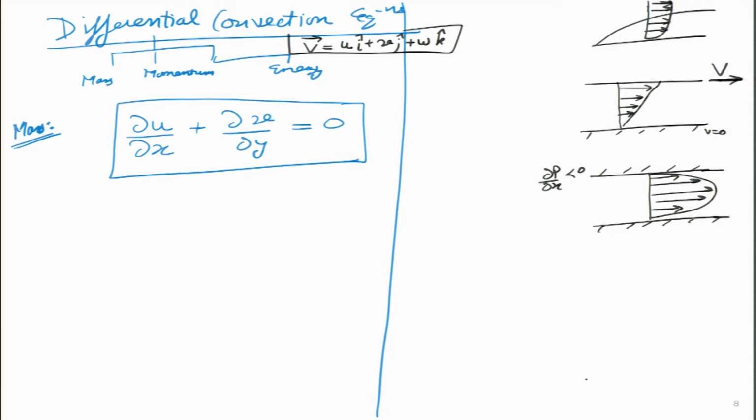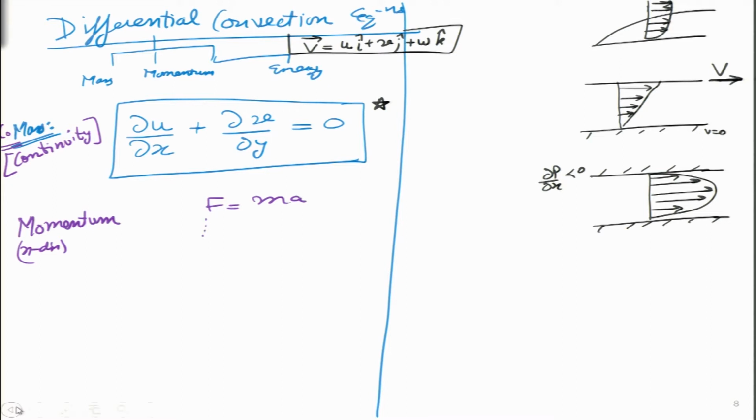What we are going to look at over here is this simplified version of the conservation of mass or the continuity equation. We can call it both. I can call it COM, which stands for conservation of mass, or I can also call it continuity equation. Then we have the momentum equation in x direction.